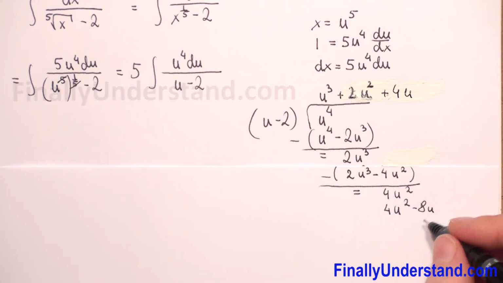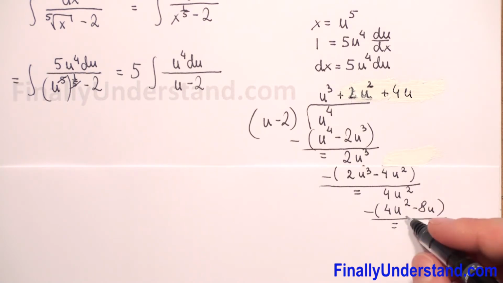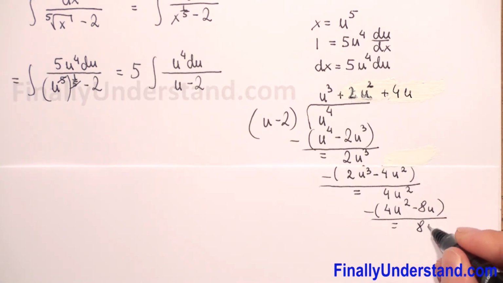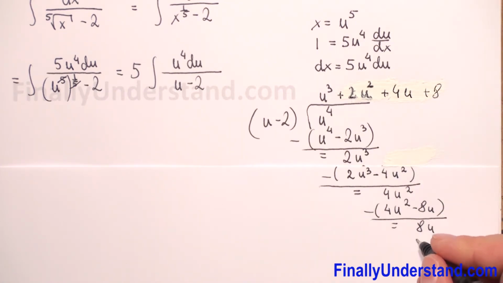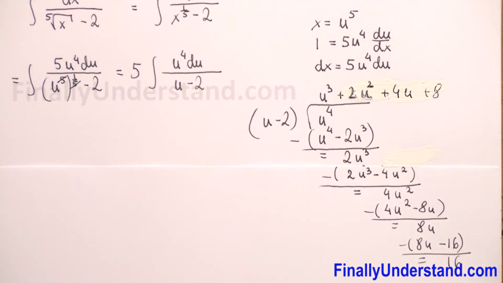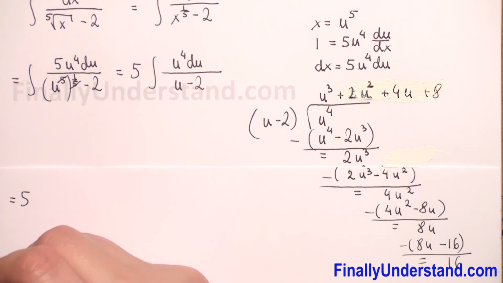4u times negative 2 will be negative 8u. Now we have to subtract. The first expression will reduce and we have positive 8u divided by u is 8. 8 times u is 8u. 8 times negative 2 is negative 16. So this is 16. So now we can rewrite our integral and we will have 5 times